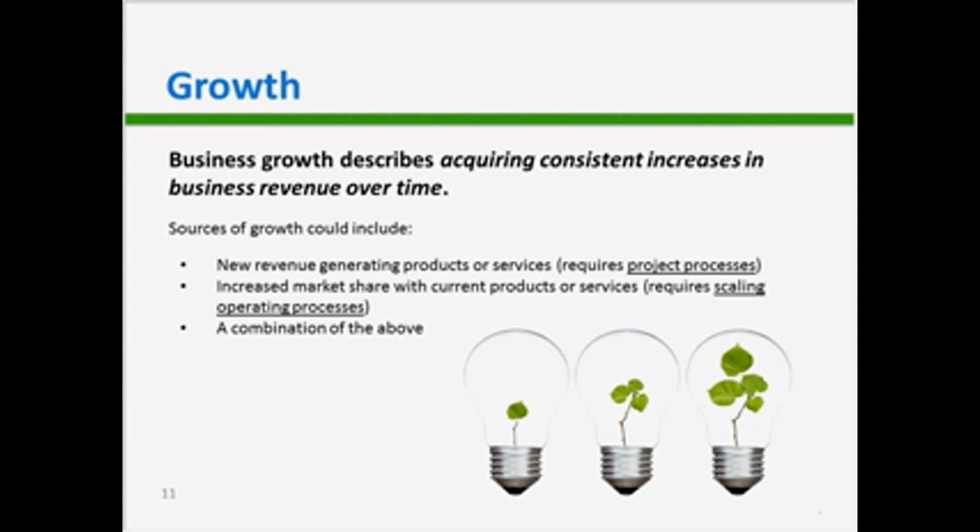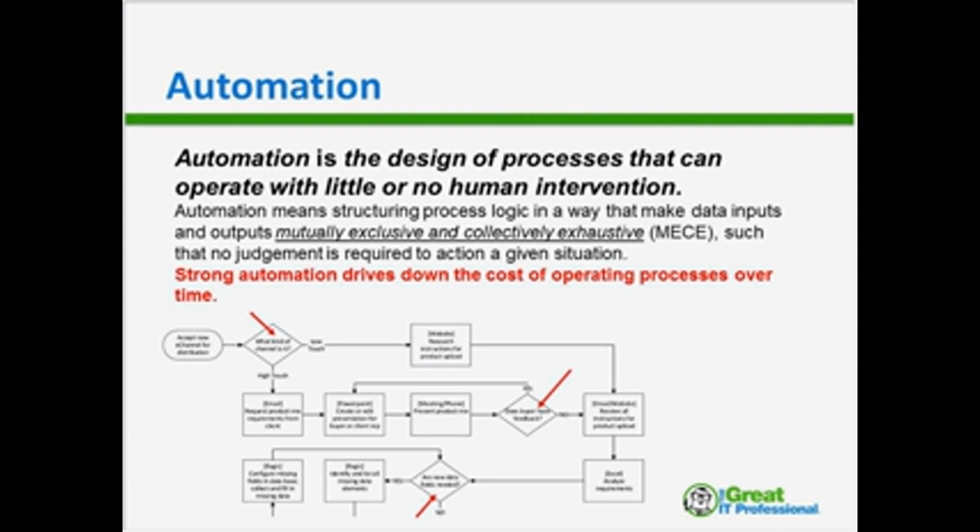And then in larger companies, you have a combination of those things occurring. So you have projects in the pipeline that are creating new market offerings. You have strengthening happening organically or through paid marketing of your standard or stable processes, and those things are contributing to growth of the company. So when we talk about sustaining growth, or profitable growth, automation and scaling